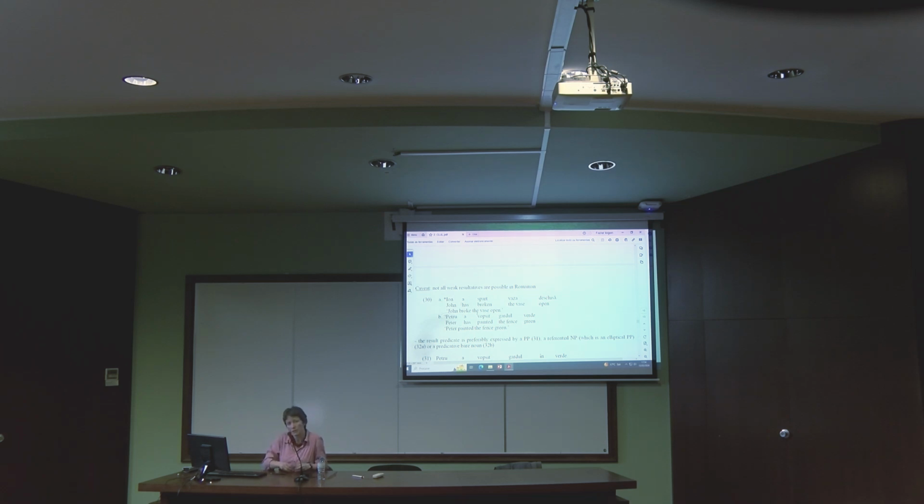A few days before Easter, we painted the eggs red. And I gave them the example with an adjective phrase. A vopsi ouăle roșii, paint the eggs red. They said, well, we can have the resultative, so they painted so that the eggs became red, or they painted the eggs which were already red. And the context was crystal clear, a few days before Easter, and that's a huge tradition in our culture. Still, besides the resultative, we can have the non-resultative as well.